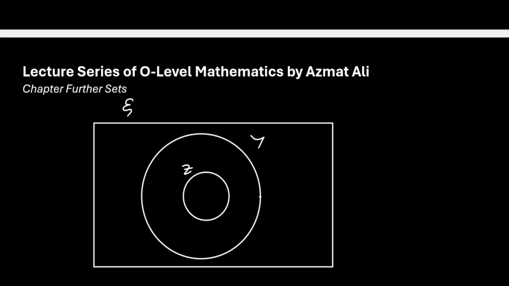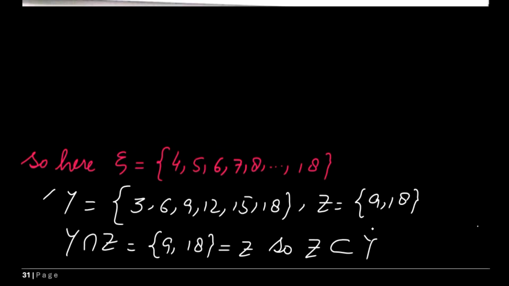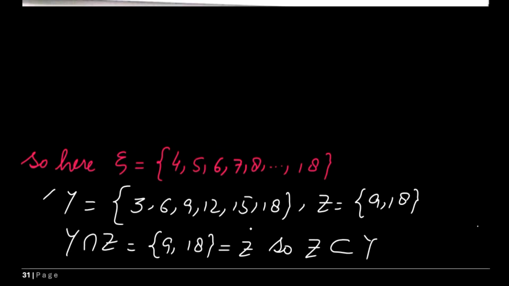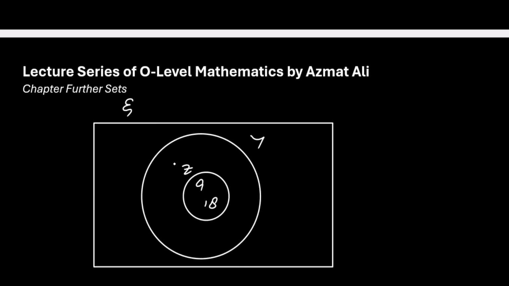Now I write all the elements of both sets. So here elements of Z are 9 and 18. So we write here inside the circle Z, 9 and 18. Now the remaining elements of Y, as Y is a superset of Z, we have already written 9 and 18. The remaining elements of Y are 3, 6, 12, 15. So we write these elements 3, 6, 12, 15 outside the Z, and the